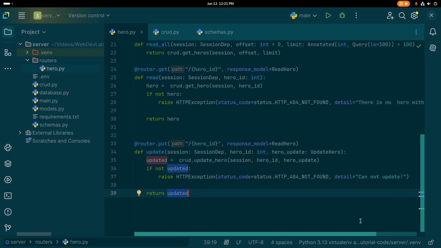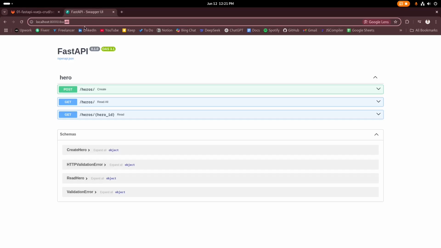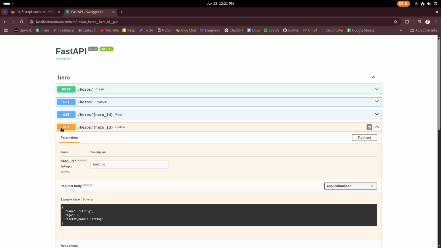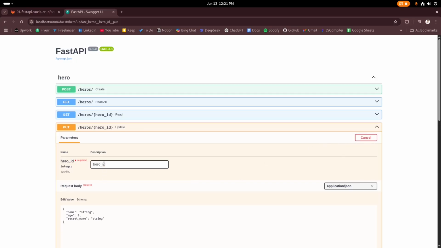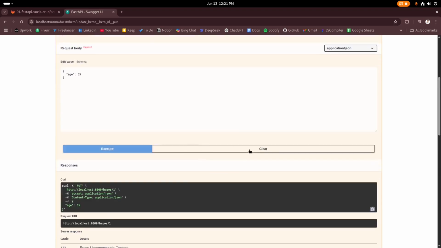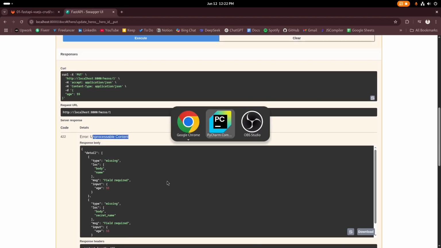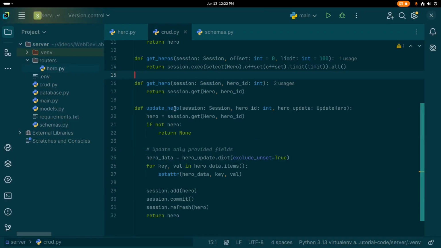So let's change something in the browser. In this docs page, just reload it. This is a put method and route is hero / the hero id. So we are going to set the hero id on, which was Tom Cruise, and we're going to change the name, actually age of Tom Cruise. For example, let's set the age for Tom Cruise is 55. So execute it. Yeah, it's saying secret name and name is missing, so maybe we should put like this: